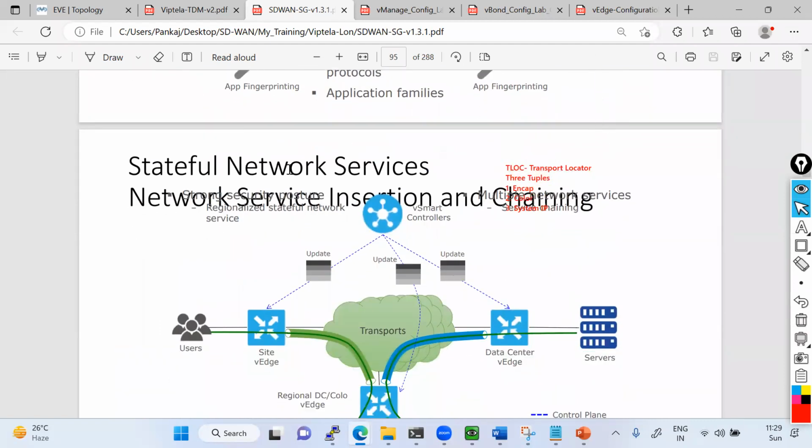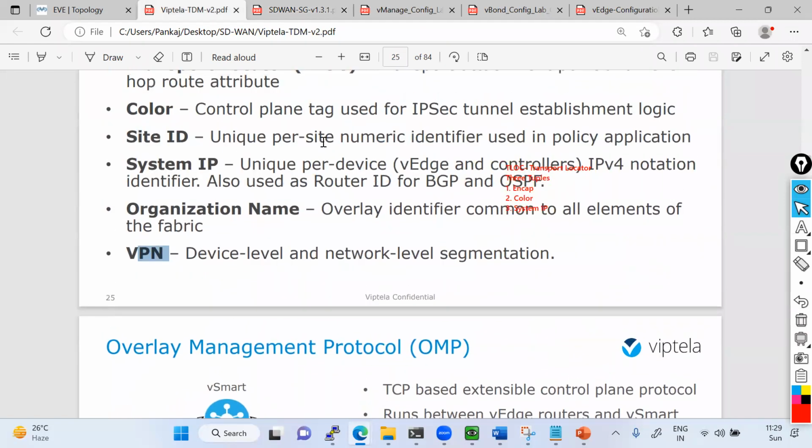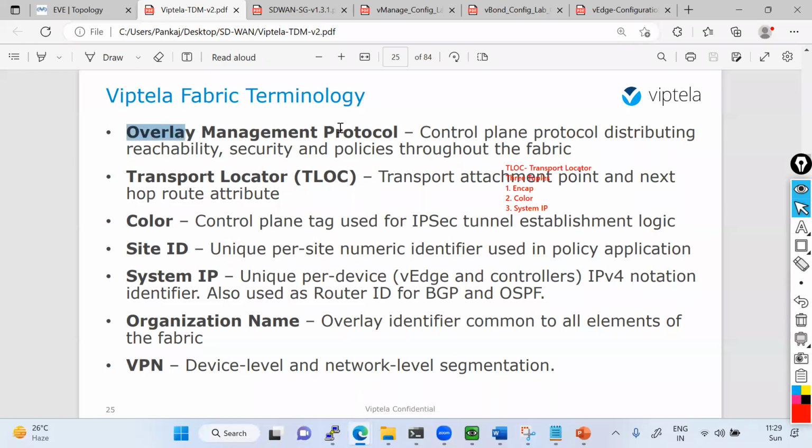Okay, might be somewhere in the PPT. So we just have to understand everything one by one. The first thing, overlay management protocols, right? We'll discuss this one later. Now you understand what a TLOC is. TLOC is just a transport attachment point,